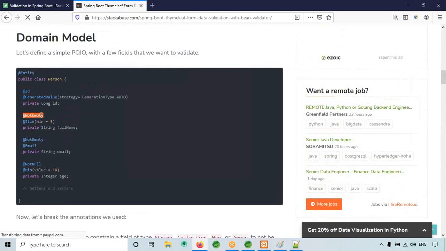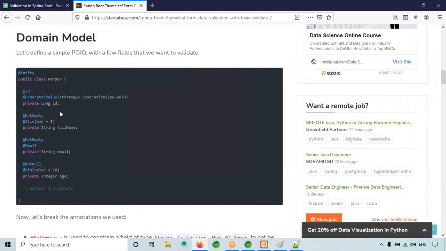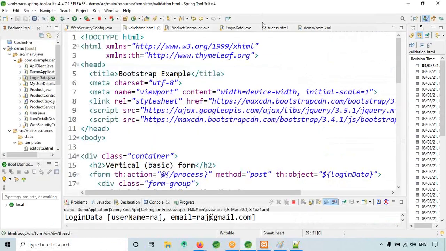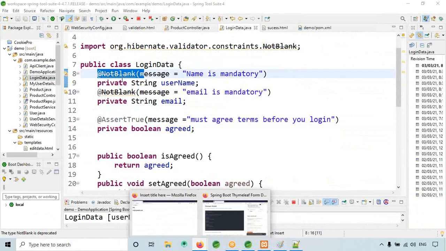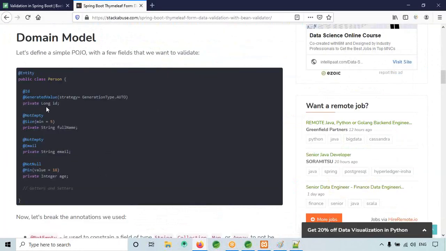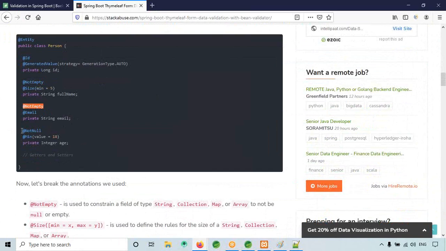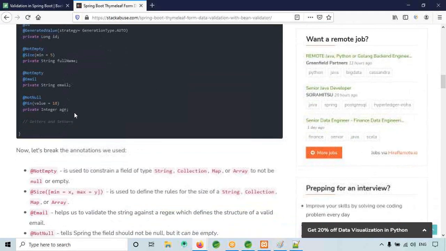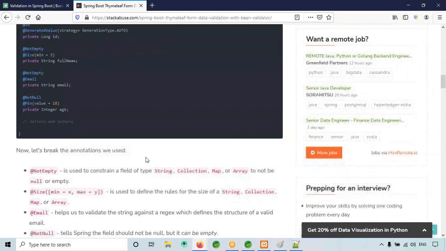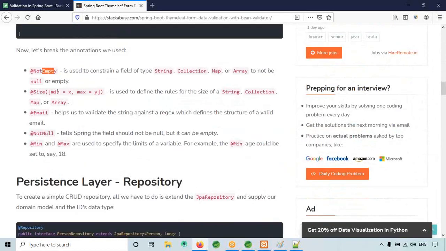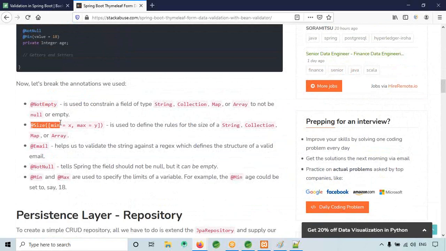See here, instead of not null, what we used here is not blank, right? This method is deprecated, so you can go for not empty, not null, like that. Same thing. Sizes also we can define, minimum, maximum, like this.